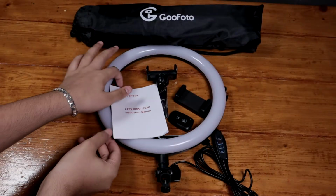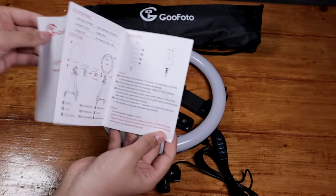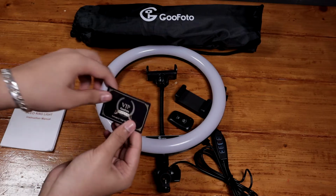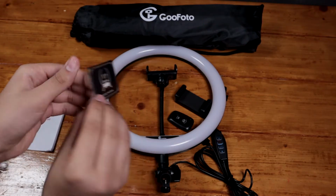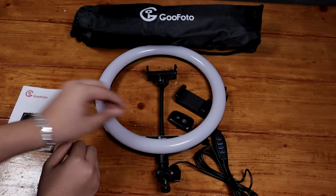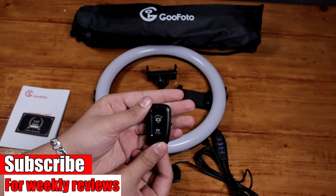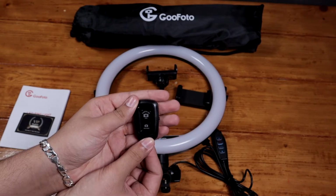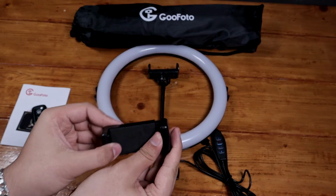This kit includes an instruction manual, a VIP Activate 3-year warranty card, a Bluetooth remote which is compatible with iOS and Android. It can be used to take pictures and start-stop record, an additional phone holder,